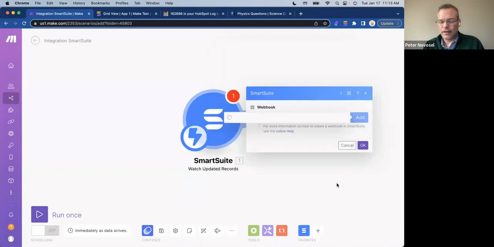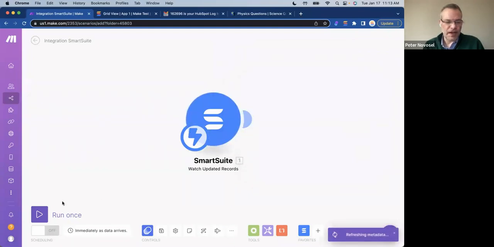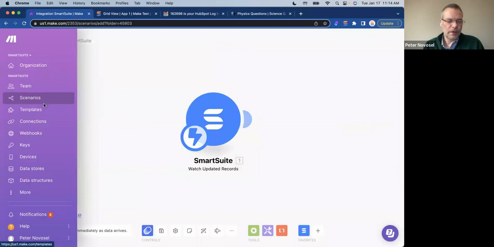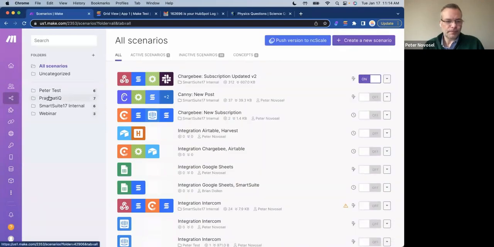And I just save it. And now it's configured to go. Once this is activated, and it's not by default, and I'm going to show you how to do this here in just a second, it will listen to updates that SmartSuite sends to it about records being updated. So in the interest of time, I'm going to go back to our pre-created